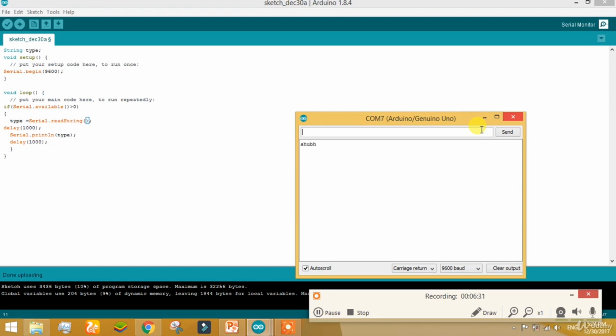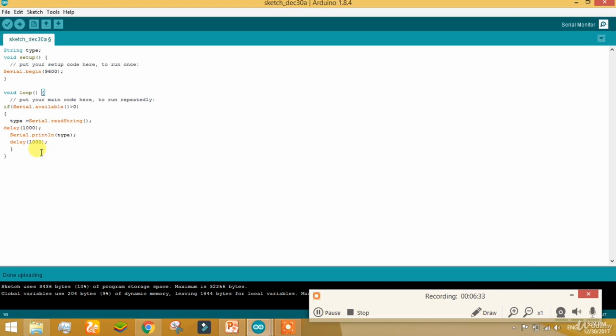Now let's perform an experiment here. Let's first take the last curly brace down. Say if type is equal to the string ABC, perform an activity.